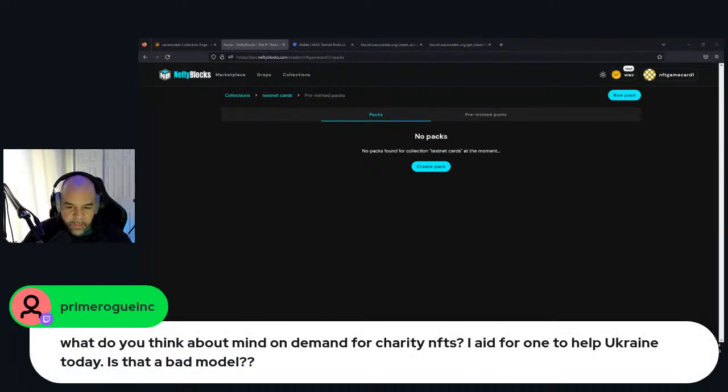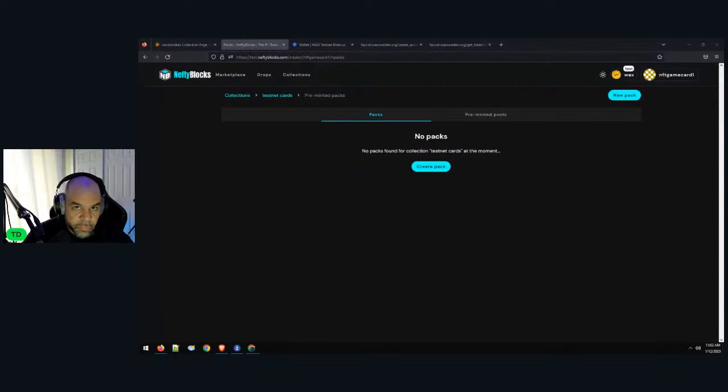What do you think about my mint on demand for charity NFTs? No, yeah, there's use cases. I think that it's bad because it just encourages bad behaviors. Obviously the number one mints, and all of the low mints for that matter, should be highly valued. So what is that telling everybody? Go destroy this drop launch. Go bot the shit out of it. And if you take that out of the equation, where it's random and anybody can get the number one mint or whatever,